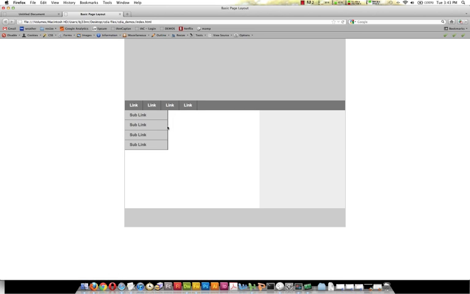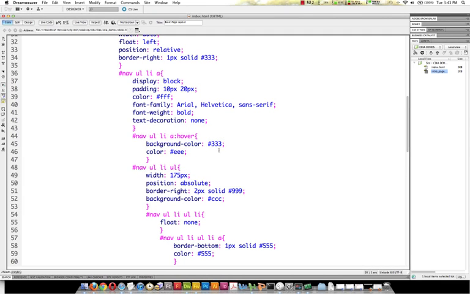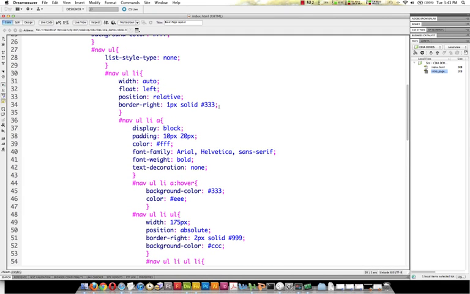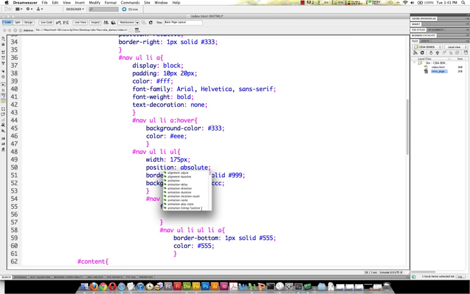I still have a solid line next to my first line, and that's because I forgot to go ahead and take off the declared border right for these nested list items. So I can go ahead and say border-right